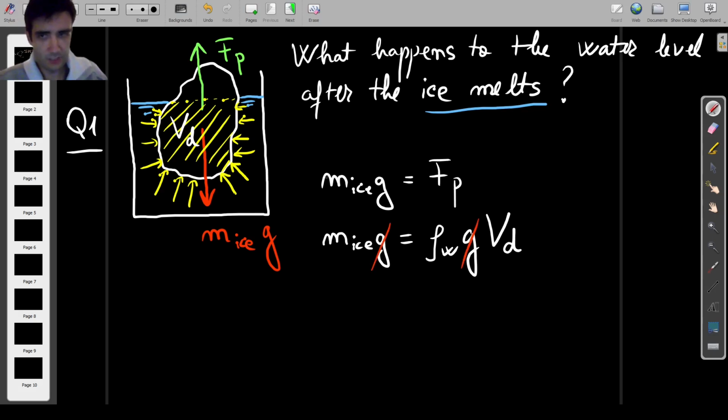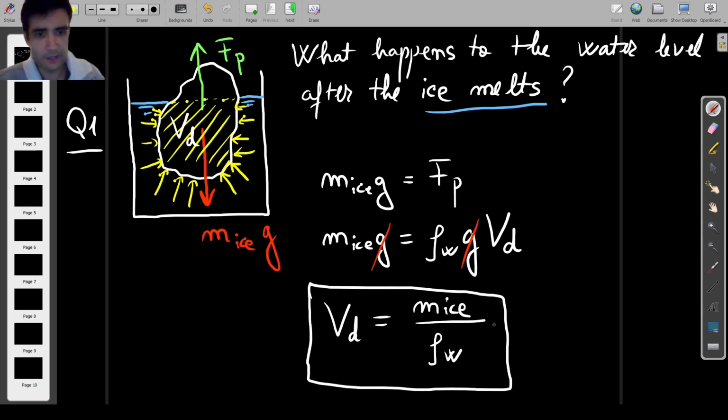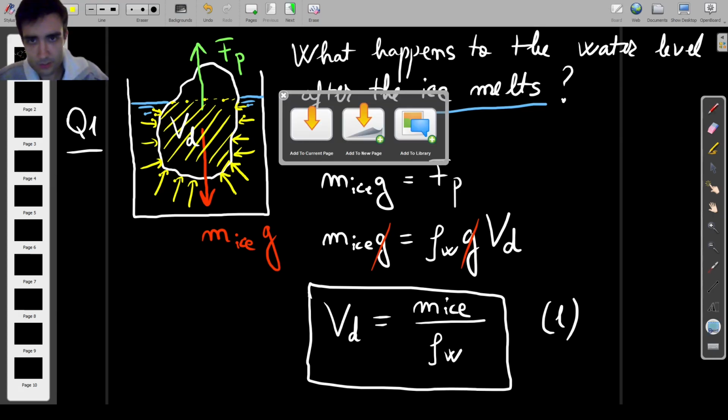So we can cancel out the g's, and Vd then becomes m ice over rho w, just like that. I'll call this equation 1, and we'll come back to this in a few moments. In the second scenario, we have to consider what happens to the water level once all the ice melts. For that I will take this to the next page,